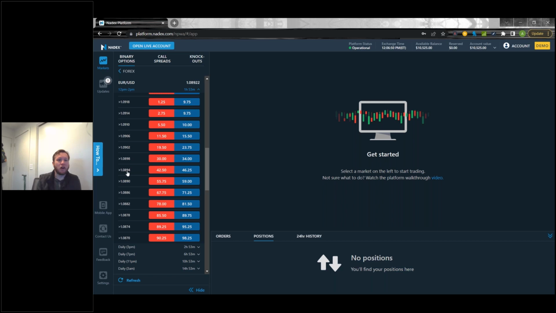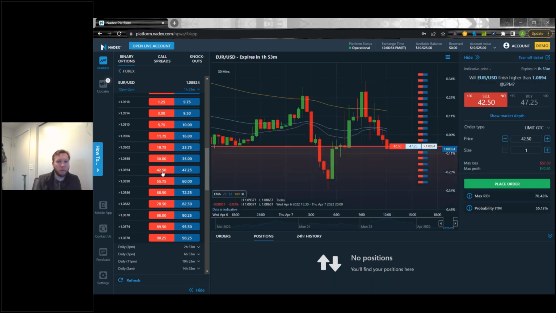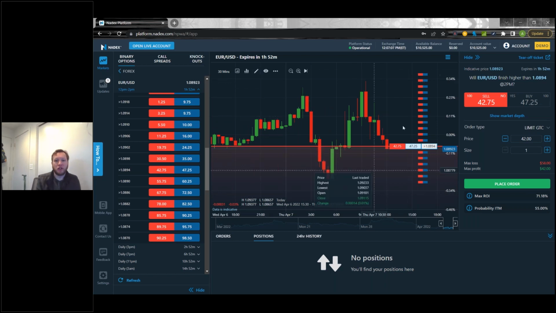If I click on either just this whole strike right here, or if I click on the buy or the sell, I'm going to get both the chart that pops up in the middle of the screen as well as the deal ticket popping up over here on the right-hand side of the screen. Okay. So we have our chart in the middle and we have our deal ticket on the right-hand side. Again, I won't be going heavily into charting today, but this is where it lives, always in the middle of the screen here. Where we really want to be looking today is this